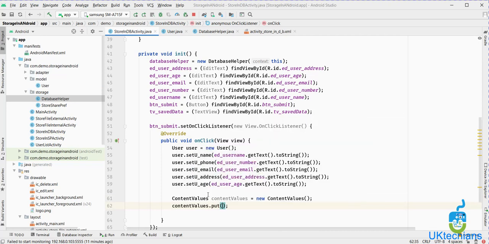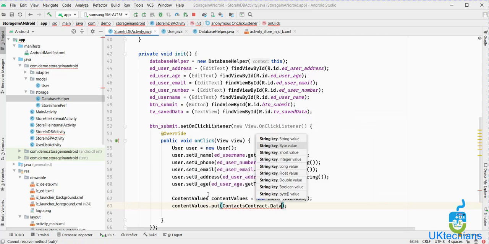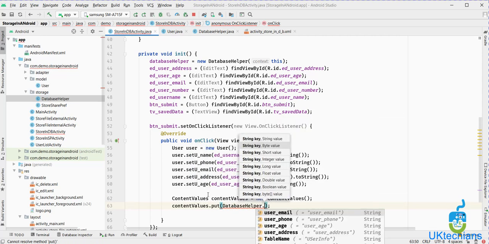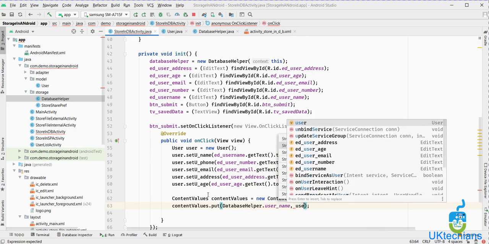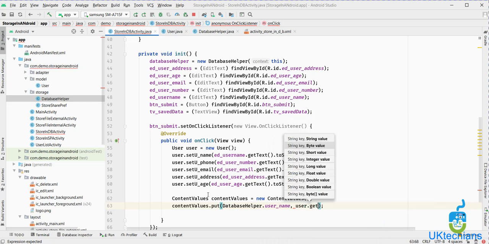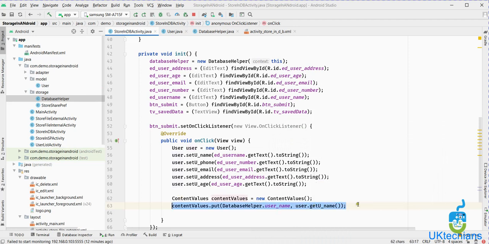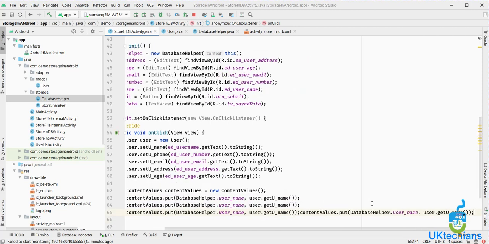Put, so put key is DatabaseHelper.name. So these are the column names over here, and we simply use user.getName. So this is the particular column and this is the particular value.